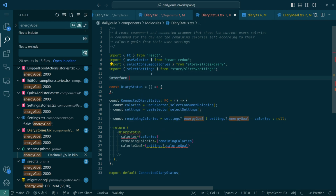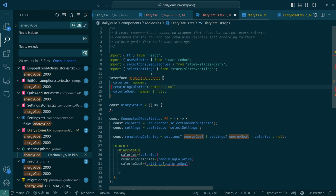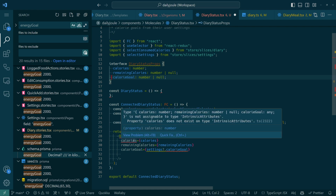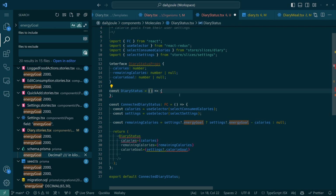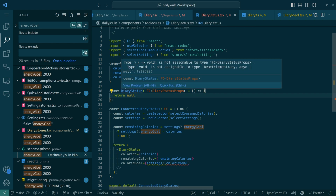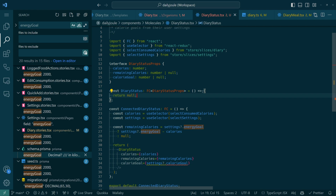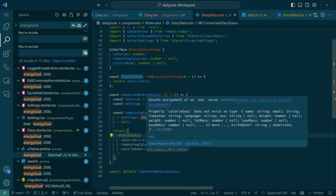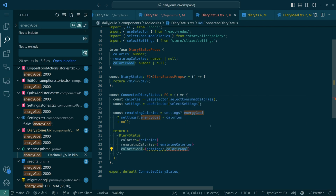And then I want to make an interface. Diary status props. And so we are... I guess I want maybe all 3. Yeah, so, oh, here we go. I'll just say FC diary status props. Return. No. There. Now it's a component. A calorie goal can be number or null. Except it's not calorie goal. It's...